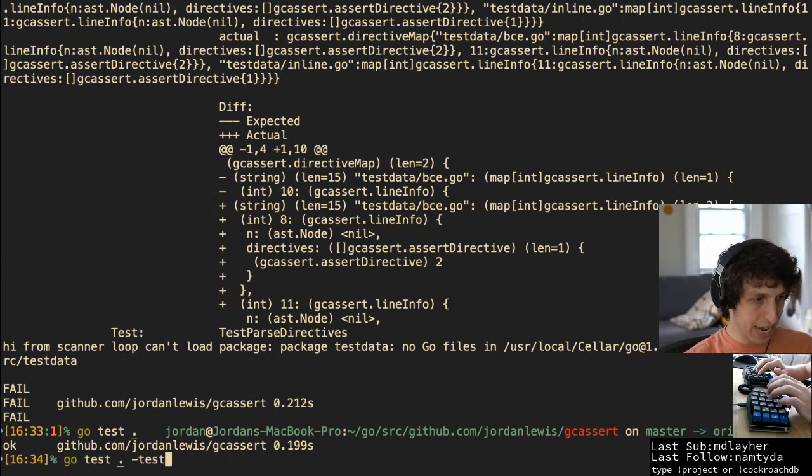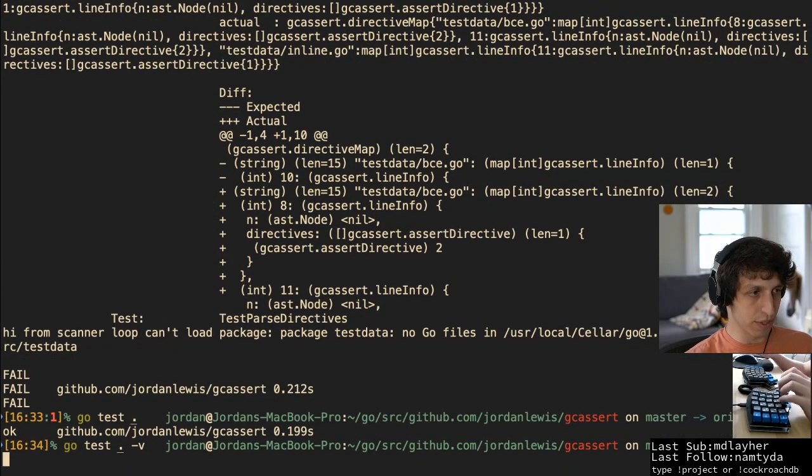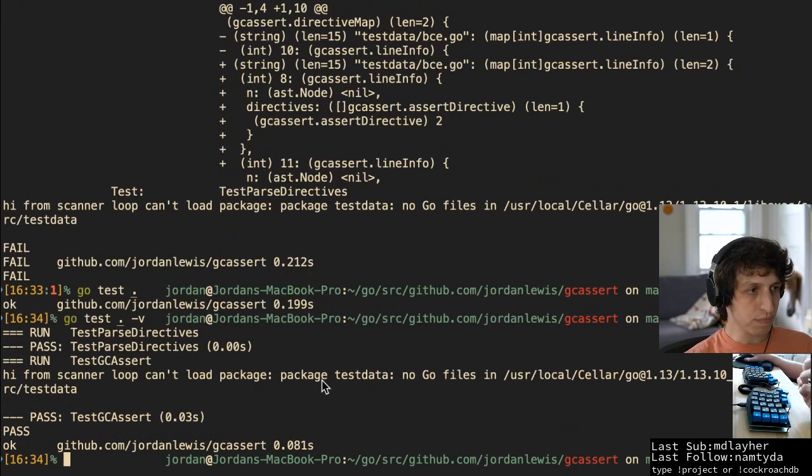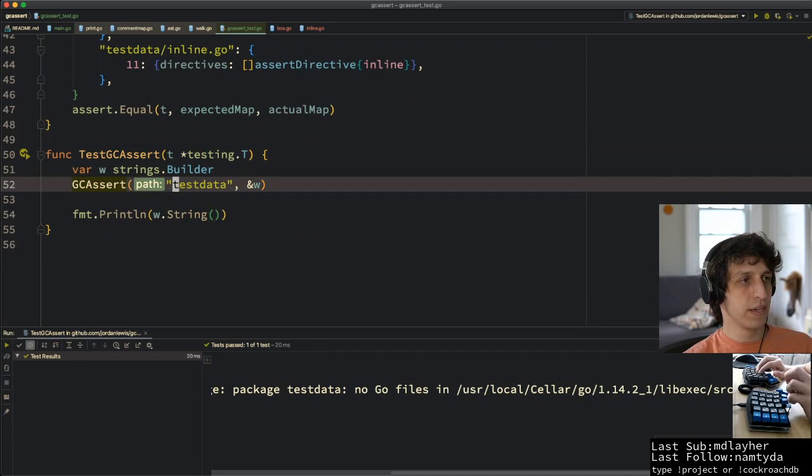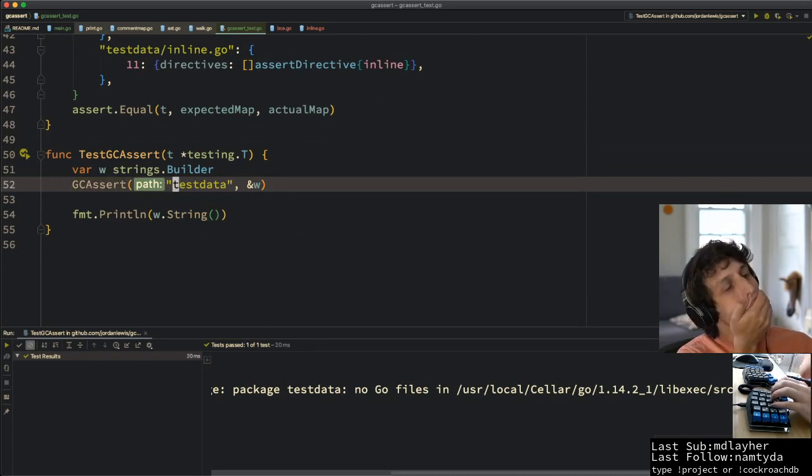And then if I pass -v, I'm gonna get those prints that I was looking for. So still the same thing. Can't load package, no Go files in this long path. That's kind of weird. I guess instead of passing this relative path, I should really be passing